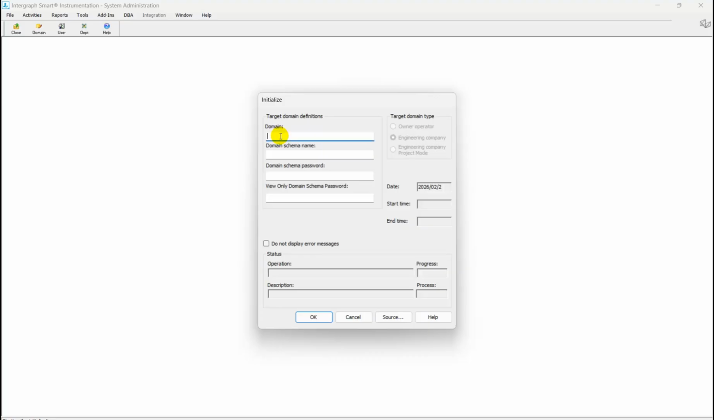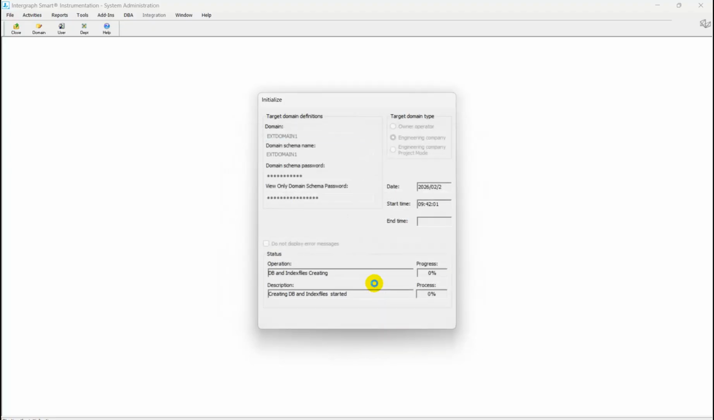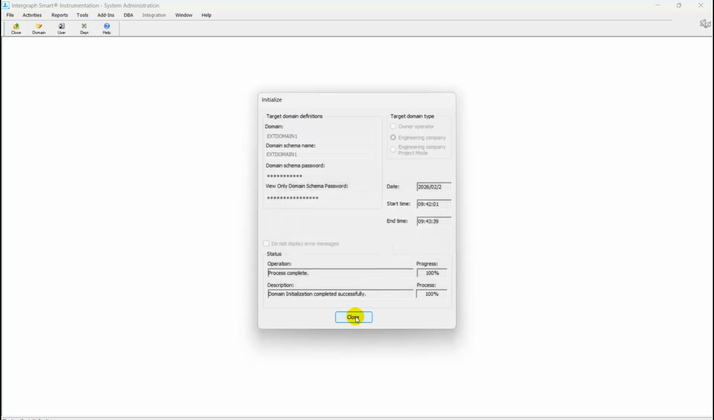So click OK. I will call this domain external domain 1. And go through the typical process of initializing a new domain. So if you pay attention, the target domain type is engineering company domain type. Click OK and proceed with the creation of this new domain. So it will take some time. Okay, so once it has successfully finished, we are moving to the next step,